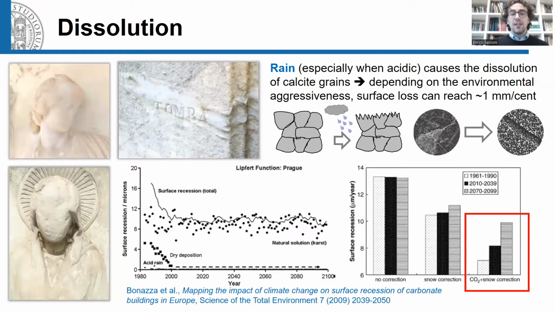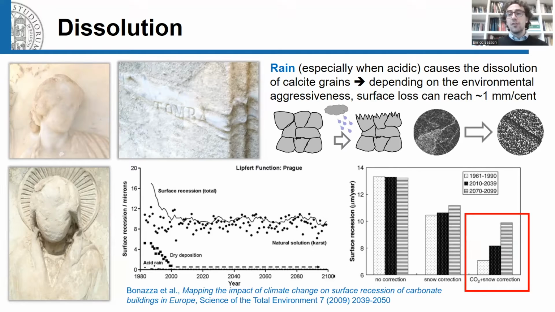Again, especially in the case of marble, another major deterioration process is dissolution in rain, especially if rain is acidic, and this is a consequence of the slight water solubility of calcite. So again, depending on the environment, on the pH of rain, this process can lead to surface loss up to 1 mm. Even though the air quality has improved in recent years in many, at least European countries, still predictions